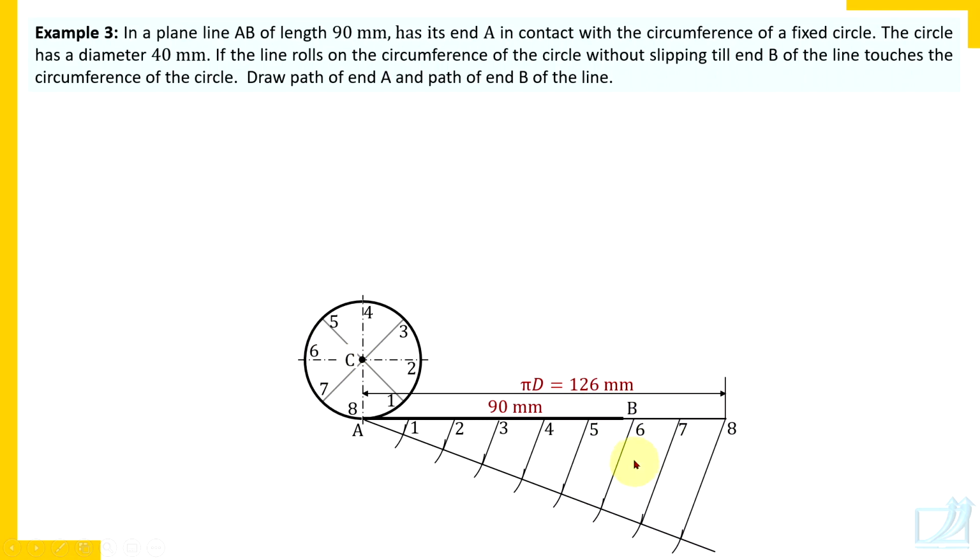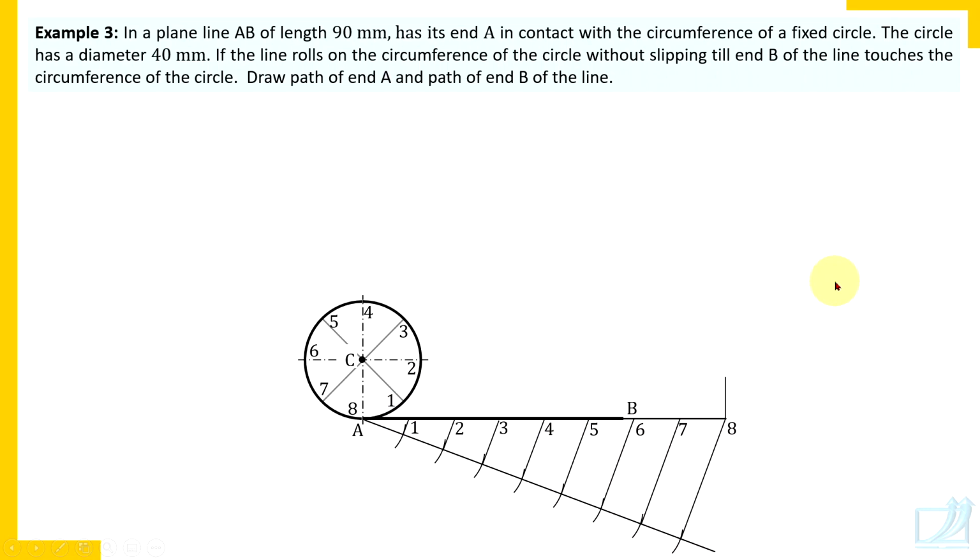So here when point B will reach the circle, it will be in between 5 and 6. Here point B is closer to 6. So when point B comes in contact with the circle, it will be between 5 and 6 and closer to 6. So somewhere here that path of point B will end. Now as I told you, dimensions are to be inserted after completing the drawing. Now let's proceed with the proper procedure.